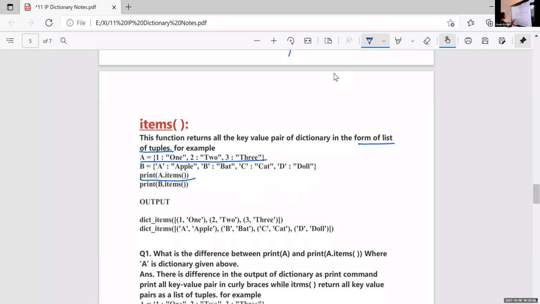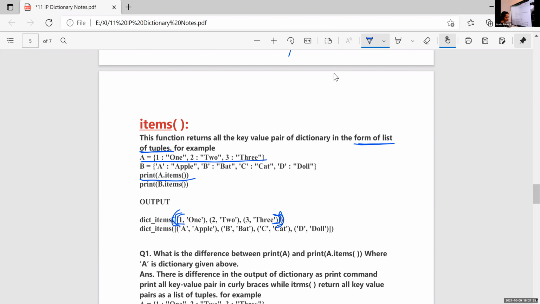Then it will display a tuple. This is the tuple representation, that is the round bracket. Within that round bracket, we use a square bracket. Square bracket is for representing a list, because this items function gives a list of tuples. So the outside bracket is round bracket because it is a list of tuples. Then within that bracket we are using a square bracket.